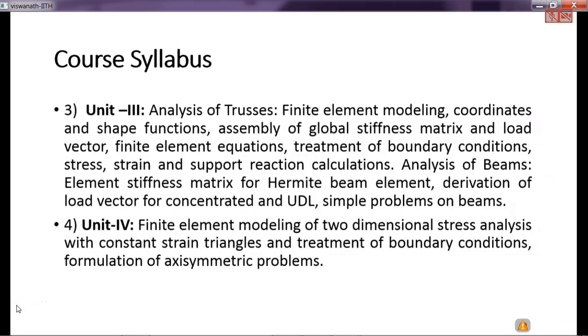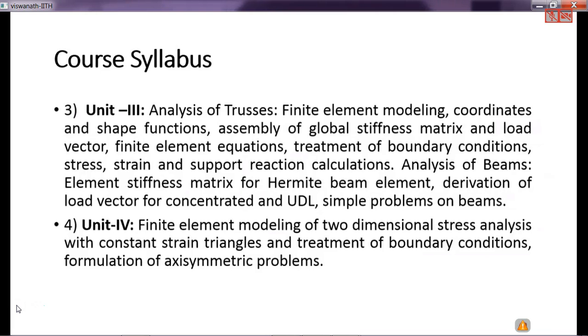So W and dW by dx both are degrees of freedom. So unlike bars, the beam has 2 degrees of freedom per node, and hence your